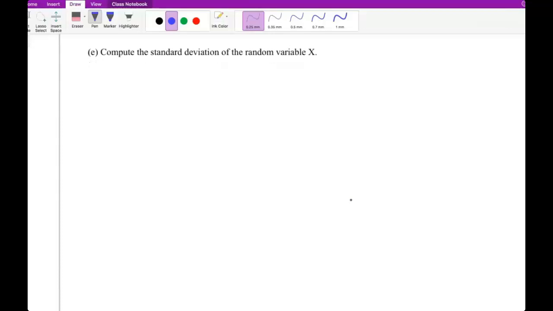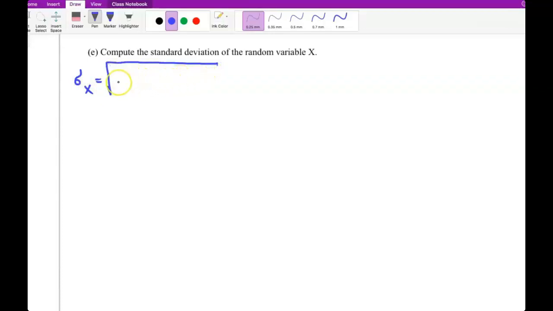Okay, now part E. Find standard deviation of random variable x. Okay, on this part I want to find the answer without calculator first. Or I will only write the formula for that part, and then you can use calculator to write the final answer, because it's time consuming if you don't use calculator for those parts. So standard deviation is equal to, this is from previous page,